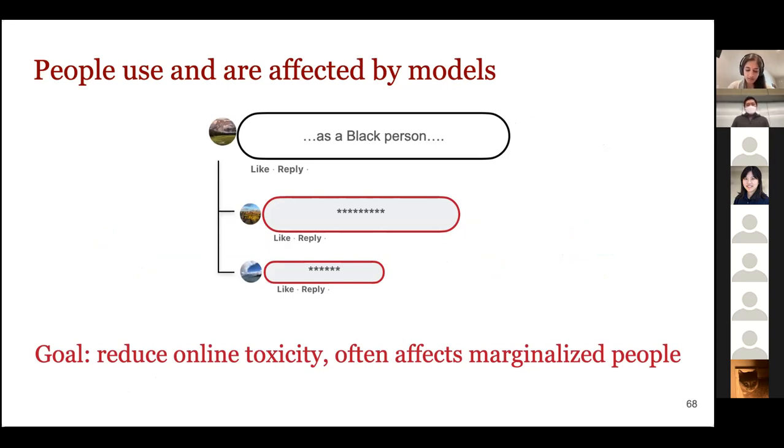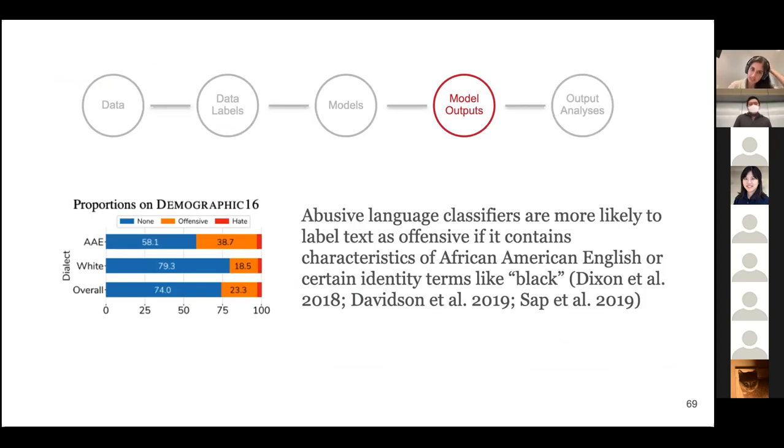And there's a lot of work in NLP that focuses on improving online civility. So there's a huge branch of NLP work on hate speech detection. And a lot of the original motivation behind this work, especially if you go back and look at some of the early papers, is that online harassment often disproportionately affects already marginalized people. So women or people of color are often most affected by things like online harassment. So one of the goals of this whole line of research is how to improve civility for marginalized people.